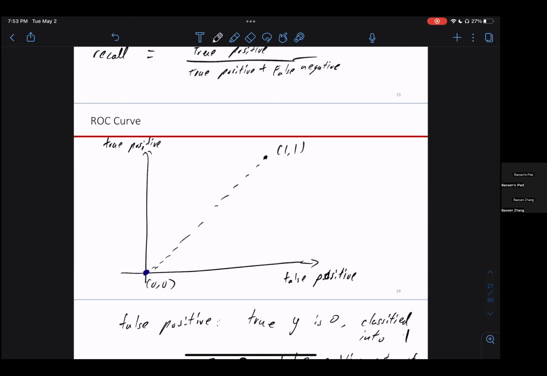Now, how do you get the line? You just randomly pick a probability of which classifier you're using. So you get this line. This line is called the performance of a random classifier. If you have a random classifier that doesn't care what the input is, you get at least this line. So what does this mean for your algorithm,